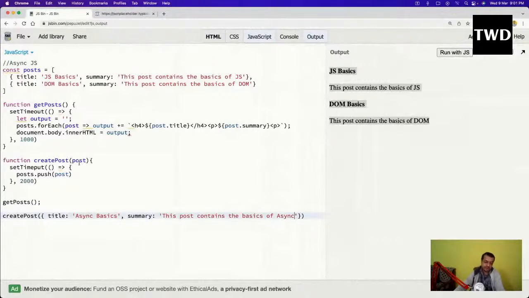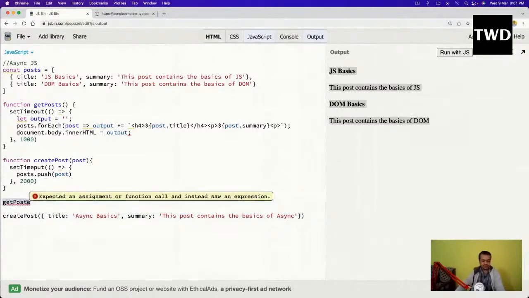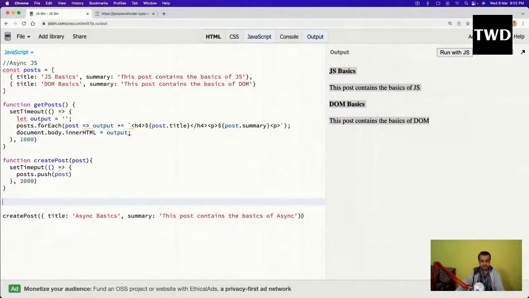So we actually have 3 solutions to solve this issue. One is the callback, which is a very old solution and has been there from the start of JavaScript. So this is how we do asynchronous programming. So with this callback, how do we do it? I'll not call this getPost like this. I'll cut it and I'll come here,